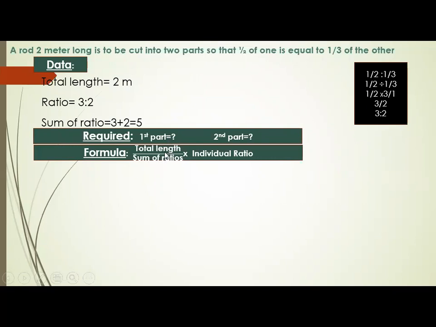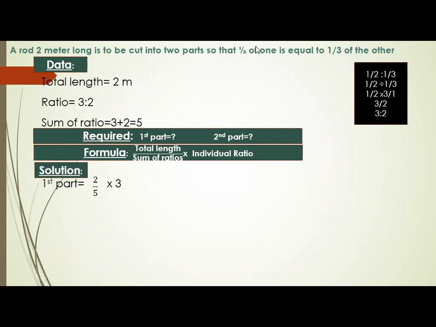What is going to be changed in this formula? Here we have to write total length. If the total years is written in this question, we have to find the ages, so we can write total years. If the total amount is there, we have to write total amount. If the length is given to you, we can write total length. So the first part is equal to